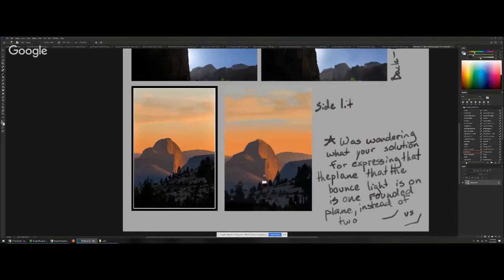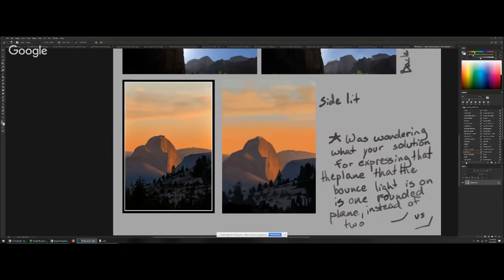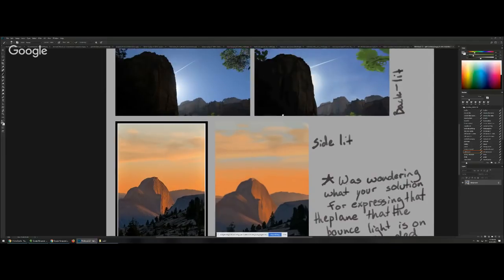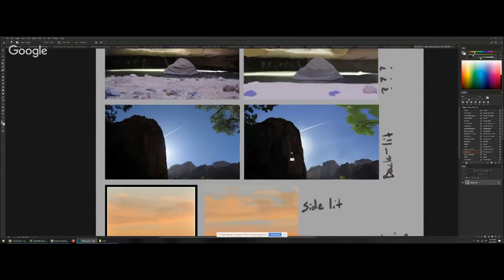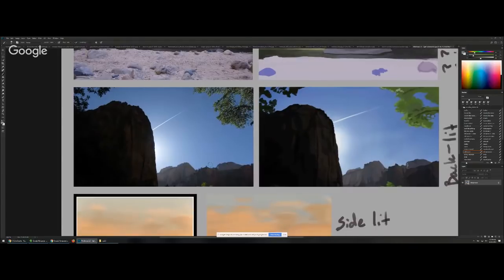I really like what you've got going on with the side lit one here. I think that works great. I think that's very successful. Very strong sense of color and lighting and values. I think that's great. For this one here, I'd sort of break from the reference a little bit and bring